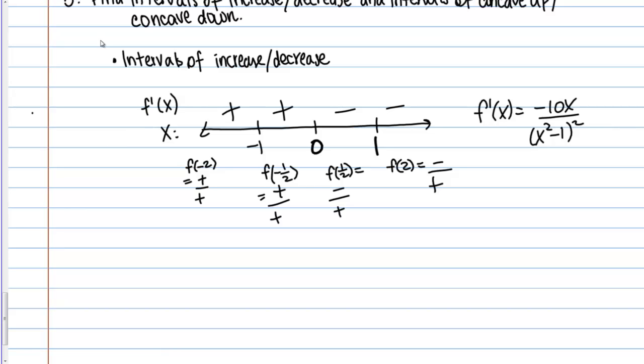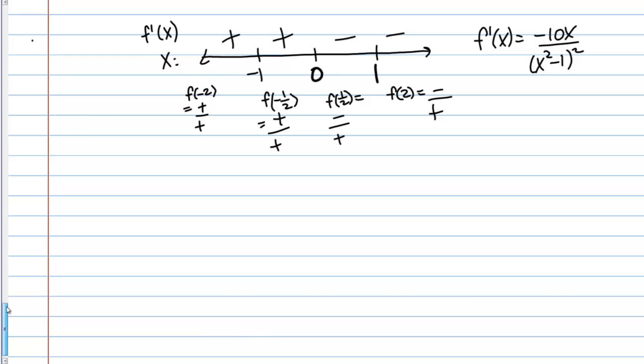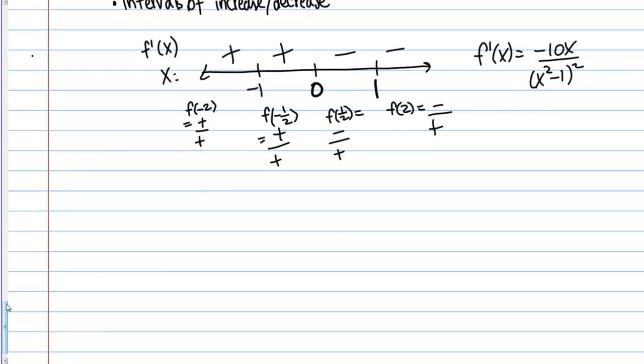All right, so here's our chart showing the signs of the derivative on different intervals. So let's take that information and actually write out where the function is increasing, the intervals, and where the function is decreasing. All right, increasing. Well, it's increasing where the derivative is positive. So I'm going to write that as -∞ to -1 union